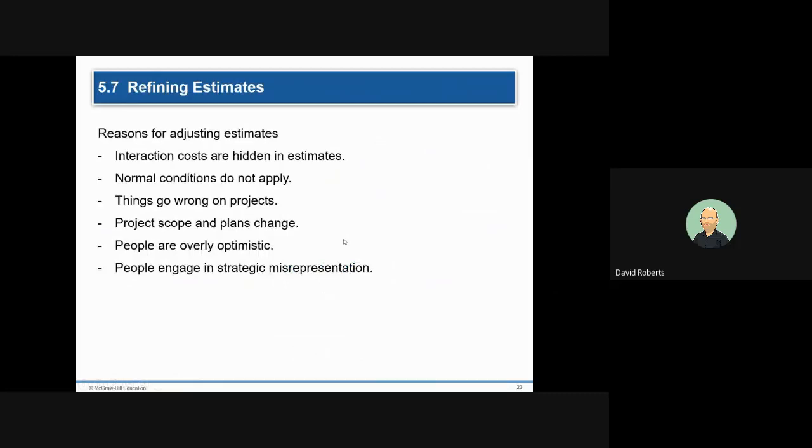Now, refining your estimates, finding out some costs that are hidden. You find out that the conditions are not normal. Things go wrong. And we want to not go there for a 2-week trip to Hawaii. We want to go for 3. People get overly optimistic. People have a tendency to underestimate the length of time it takes to do something. So if you say, I want to go and do this for 2 hours, and then it takes them 3, that can cost you extra money.